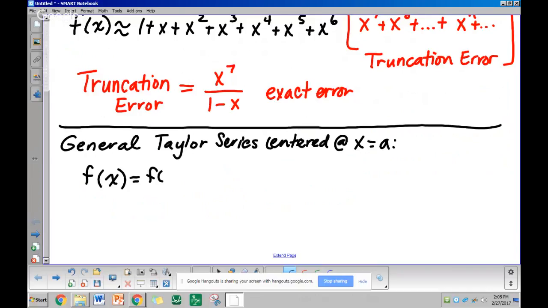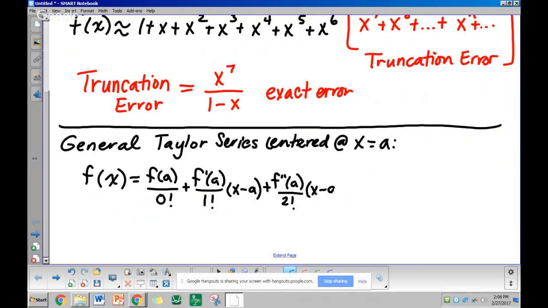It would be f of a over 0 factorial plus f prime of a over 1 factorial times x minus a plus f double prime of a over 2 factorial times x minus a to the second plus, and now let's do the nth one. The nth derivative evaluated at a over n factorial times x minus a to the n